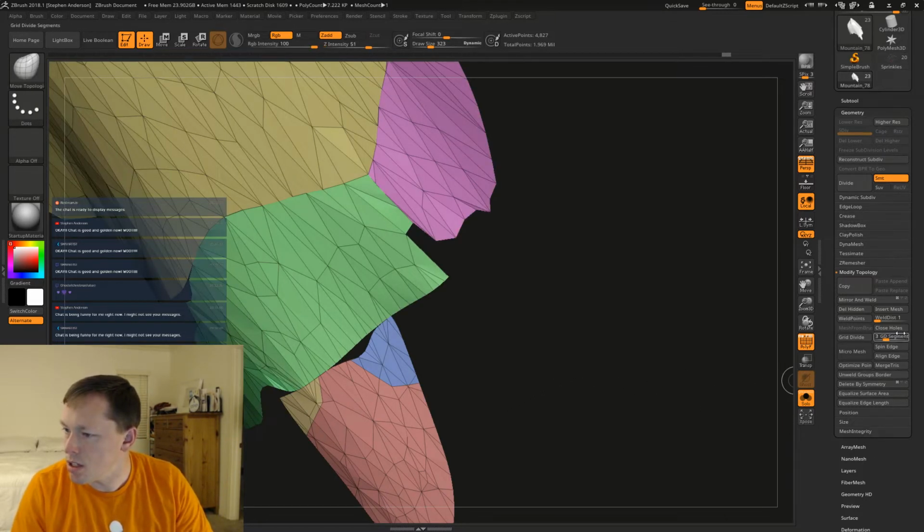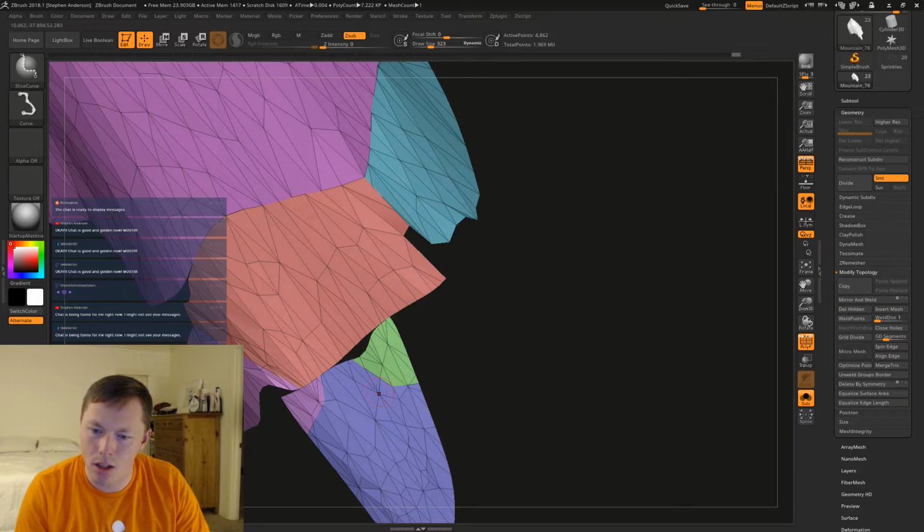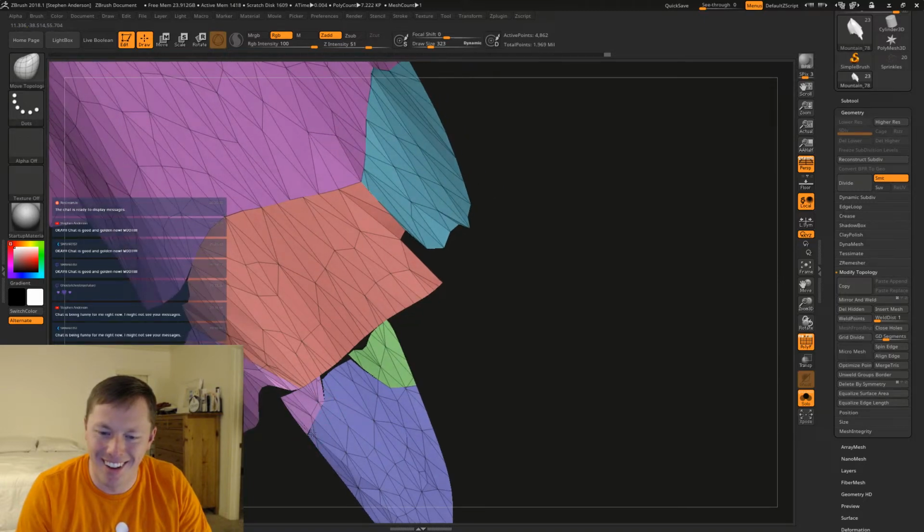You know what, there's this unweld groups border. Okay, so now I can come in here and modify the groups individually. Totally forgot about that. I was like, why is it still moving together? It's like, duh, you're stupid. Remember that simple button that you know about?